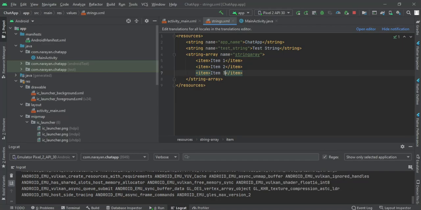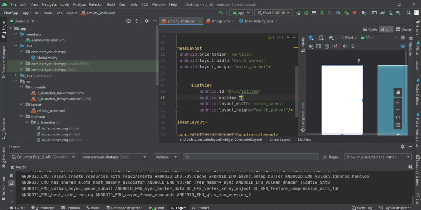Let's just save this and reference the string array. Here you can see it has statically updated the list. Let's run this and see how the output looks in the emulator.